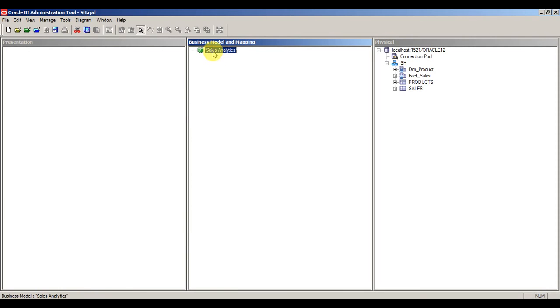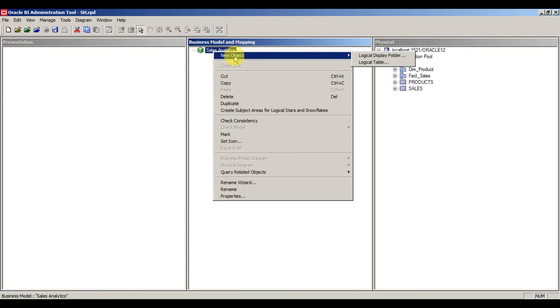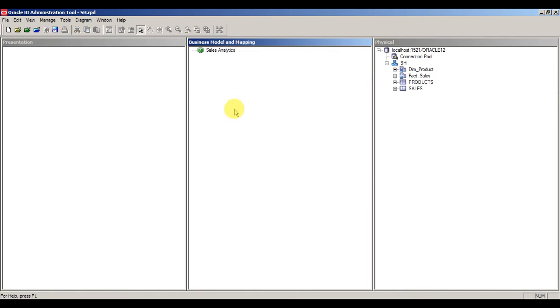Now if you right click on that, you can see a new object, and you can select a logical table. This is one way of creating a logical table. In this tutorial we'll use the basic functionalities from the real-time perspective. What I mean to say is, we don't need to manually create every table. Instead you can use other functionalities such as dragging with the mouse, selecting the fields, and so on.